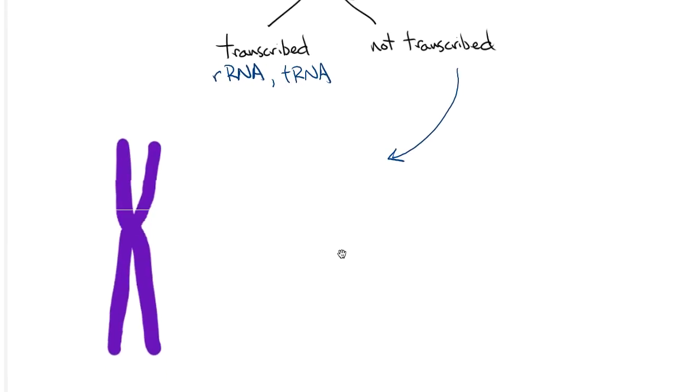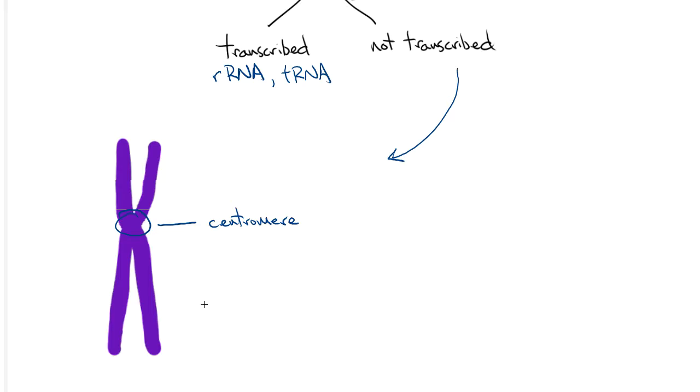This is a drawing of a metaphase chromosome, a 2-chromatid chromosome, and I'm going to use that to illustrate a few different kinds of non-coding DNA. First of all, you're already familiar from mitosis with the idea of a centromere. A centromere is a non-coding region of DNA in the center of the chromosome, and that's where the spindle fibers are going to attach in mitosis as well as in meiosis in order to pull the chromosomes or chromatids to